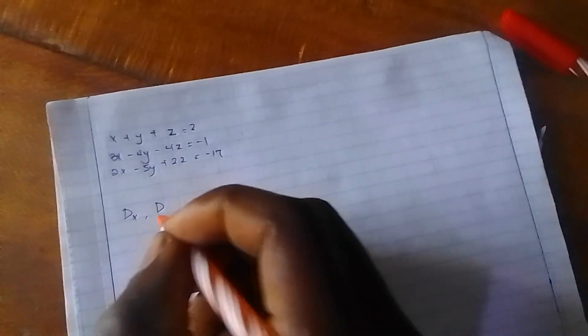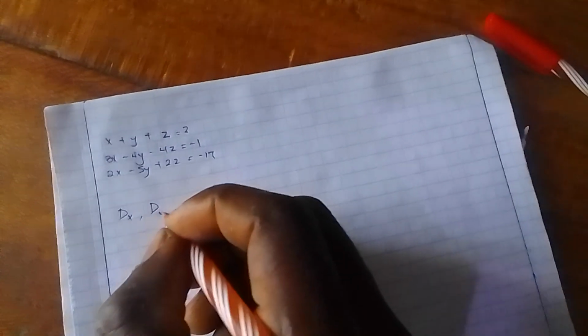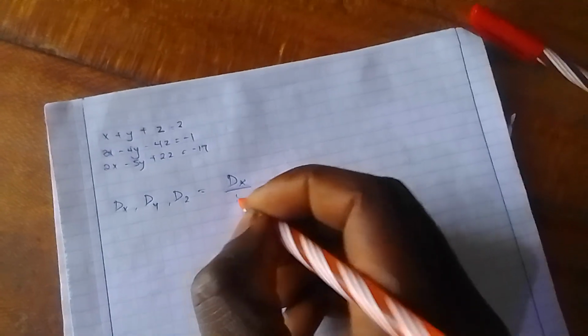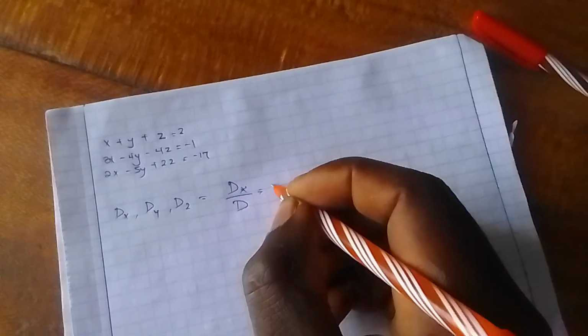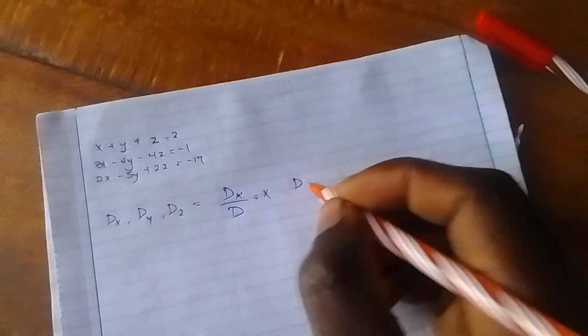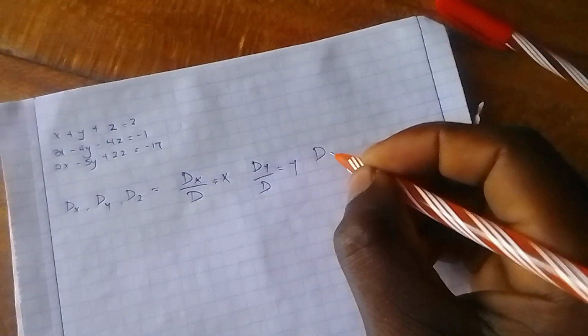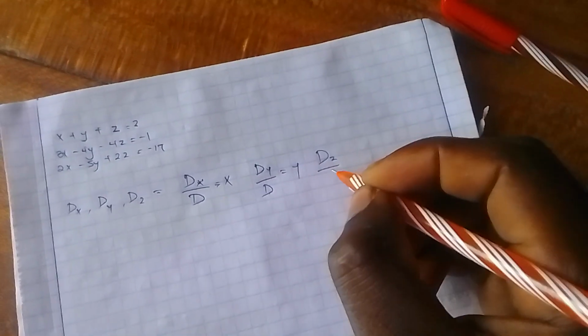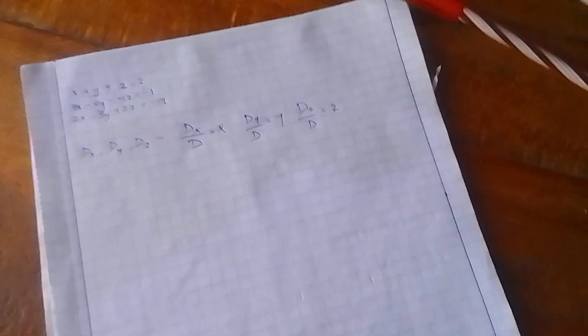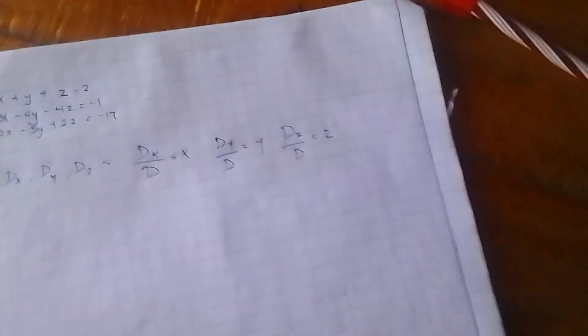In Cramer's rule, there is a rule that says that Dx, Dy, Dz should be such that Dx over D is equal to x, then Dy over D is equal to y, then Dz over D is equal to z. So where Dx,